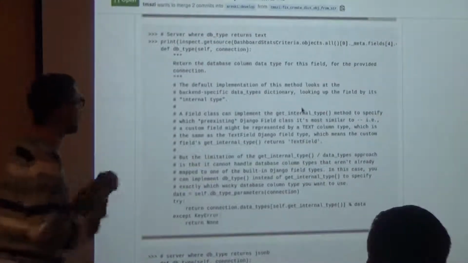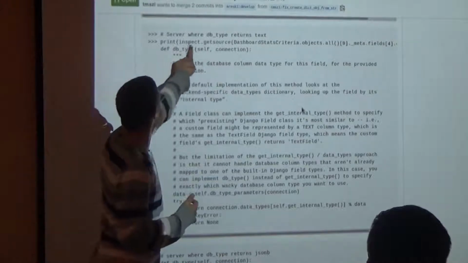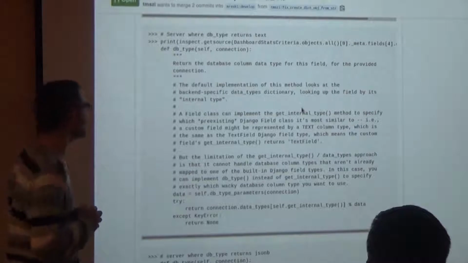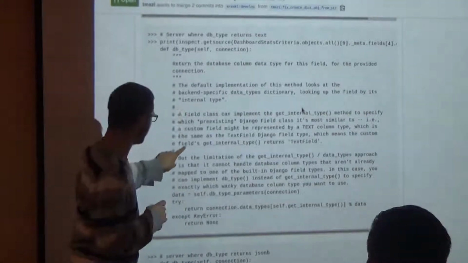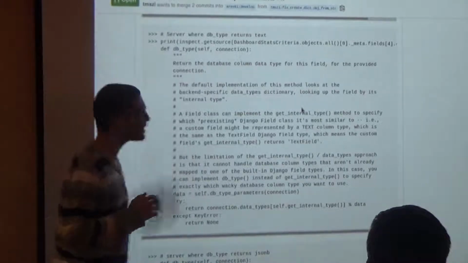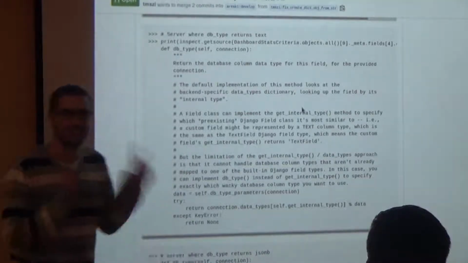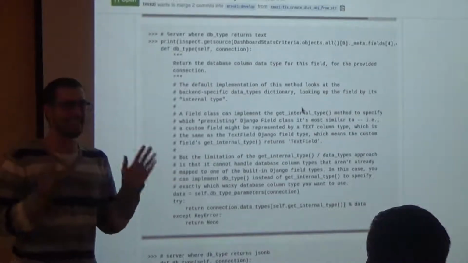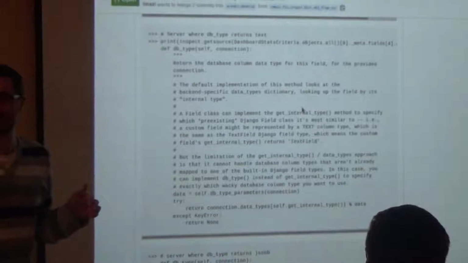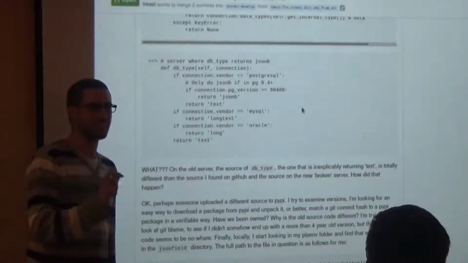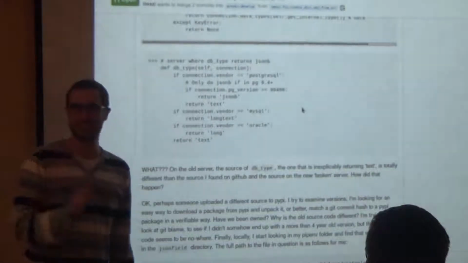I eventually tried to use this tool, inspect get source, and I found that the source of the method for getting that field from the Django database is actually completely different from Django JSON field. And the reason why is that there's actually two packages called Django JSON field. Both of them are installed as dependencies, and the order of installation that Pipenv uses is arbitrary. And so